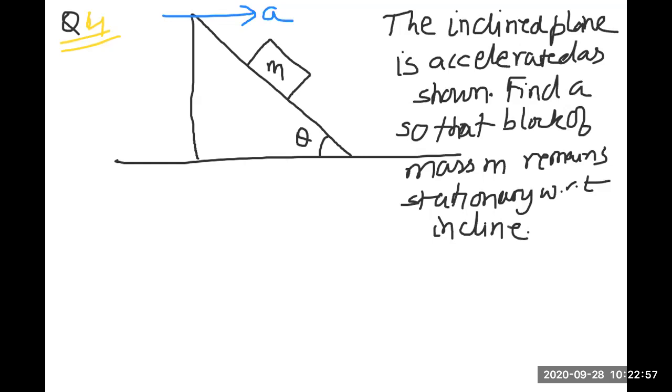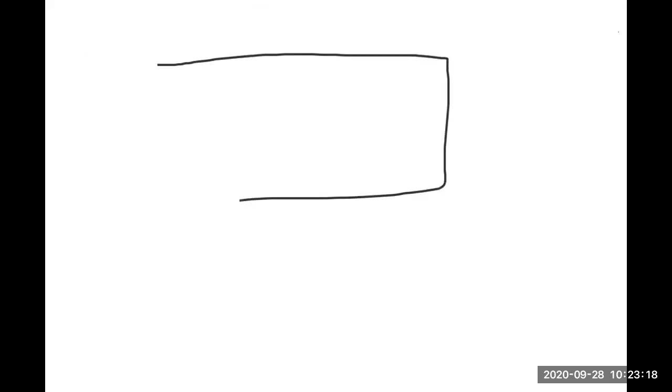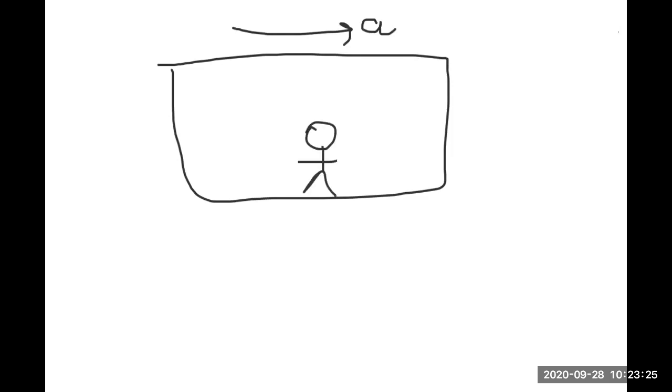Okay, so for all practical purposes, this block which is kept on top of the incline is the same as the block is kept in a train, right? Now you may ask me, अरे ये कैसे होगी? तो इसका बहुत ही सिंपल सा एक्सप्लेनेशन है। ये रहा ट्रेन का कंपार्टमेंट, अगर ये एक्सेलरेशन a से जा रहा है और इसके अंदर एक आदमी स्टेशनरी है, तो इस आदमी का एक्सेलरेशन भी आपको a दिखाई देगा।